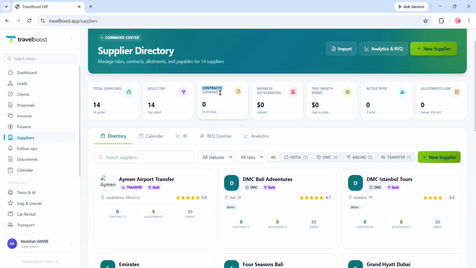Contracts expiring lets you know which suppliers' contracts are about to expire. Payables outstanding displays the total amount you still owe your suppliers. And this month spent shows how much your business has spent on suppliers this month. Active RFQs displays all the active requests for quotations currently in progress. Allotment lows alerts you when supplier inventory is running low, so you can replenish availability before bookings are